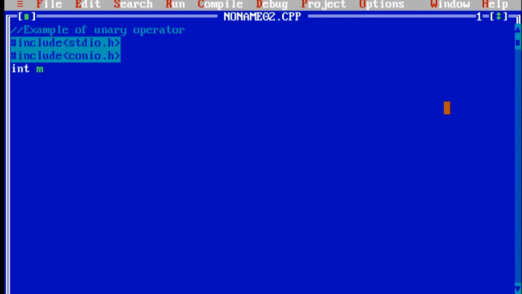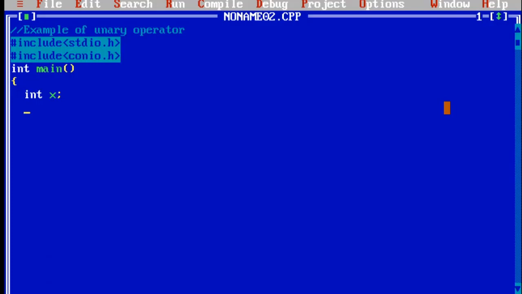Now I am declaring int main. Simple, I am declaring one integer variable. Why an integer variable? Because we are giving the expressions as integers, like int x.